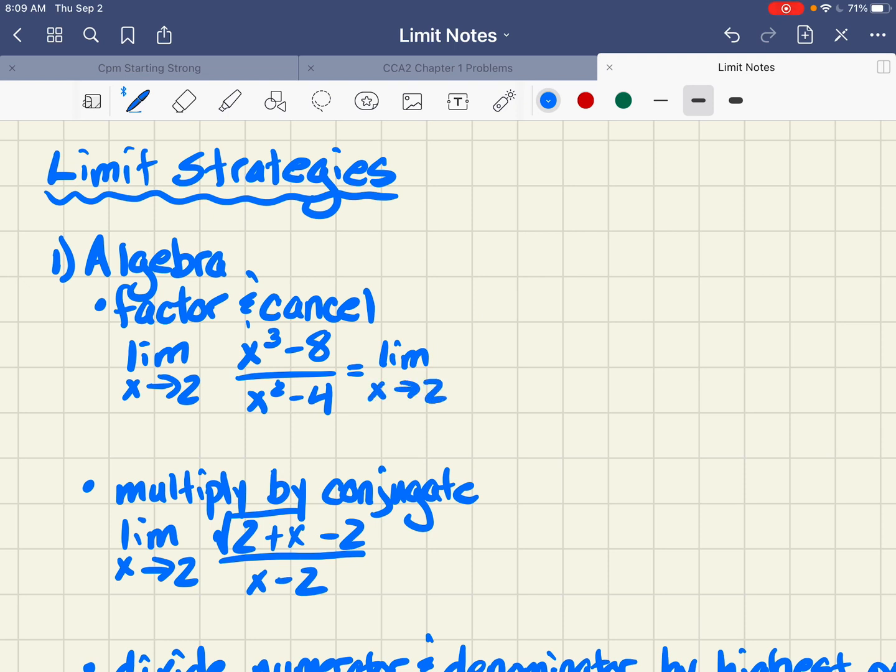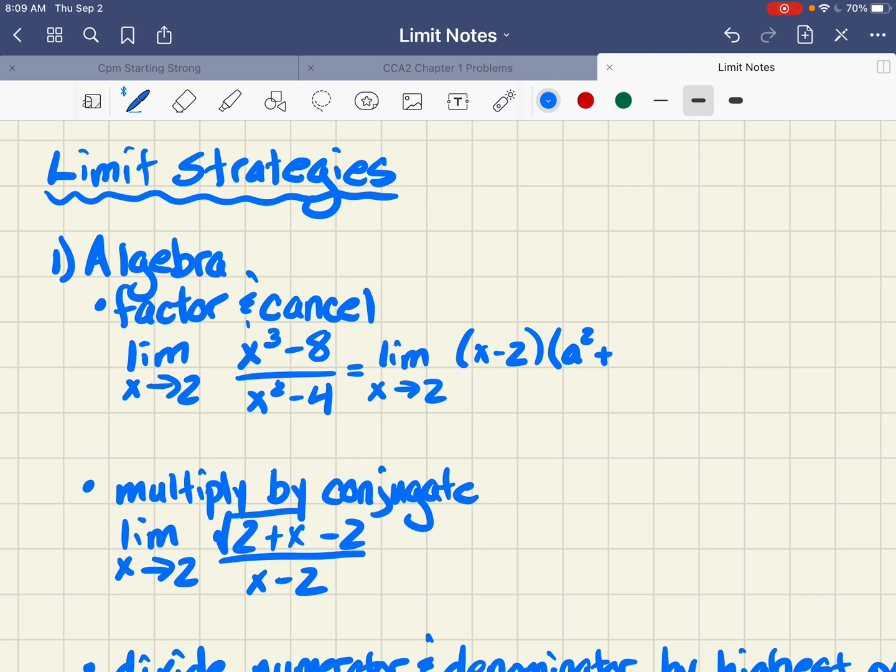So x cubed minus 8 is a difference of cubes. If you don't know that formula, just go Google it. A difference of cubes factors as a cubed minus b cubed is a minus b times, and the only reason I happen to know this is back in the day when I took trig, my teacher had this up on the wall and I would stare at it when I was bored in class. All right, so a minus b times a squared